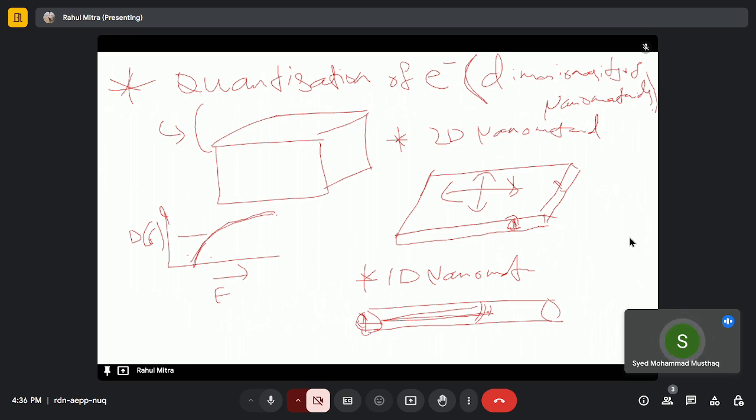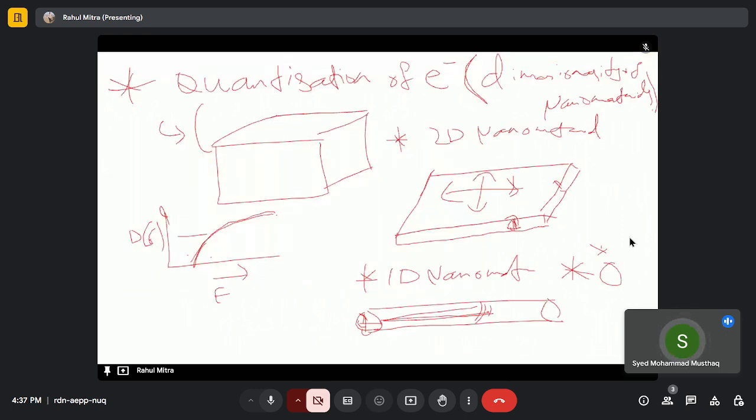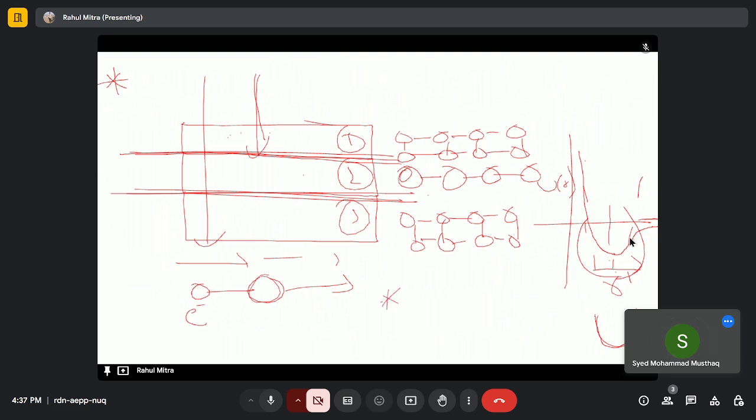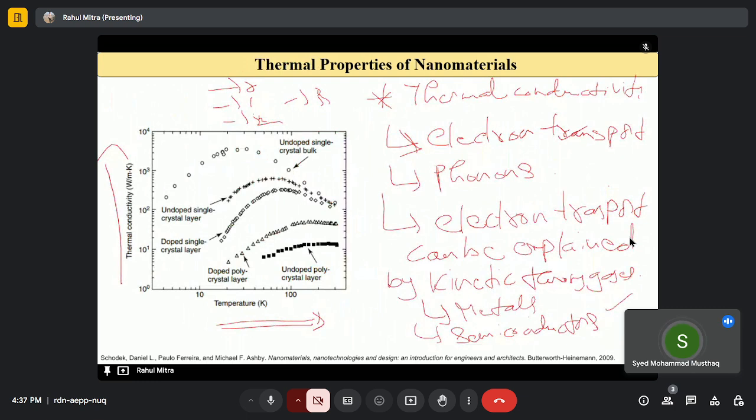And we have zero-dimensional quantum dots, where in all three dimensions the energy levels are quantized. The electrons cannot freely move in three dimensions, right? So that is about quantum dots, and that's all about the electron transport, how the electron movement and the collision between adjacent electrons